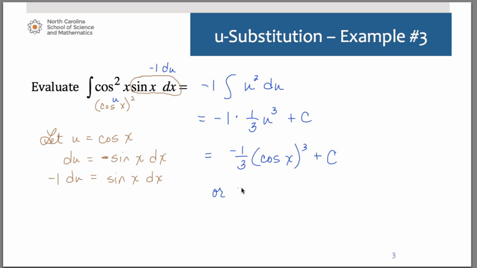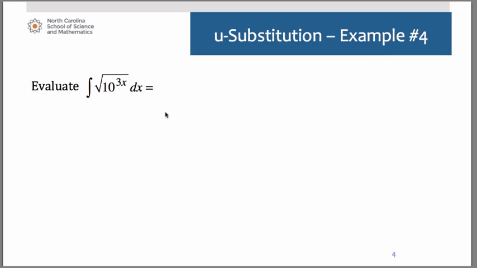Of course, you can rewrite that instead as cosine cubed of x. Either notation is fine. It does not matter at all. Once again, you can take the derivative of this. That's going to involve use of the chain rule, and you'll notice you get this original integrand back again. When you use u-substitution with integrands that involve exponents, typically you're going to allow your u to be that which was